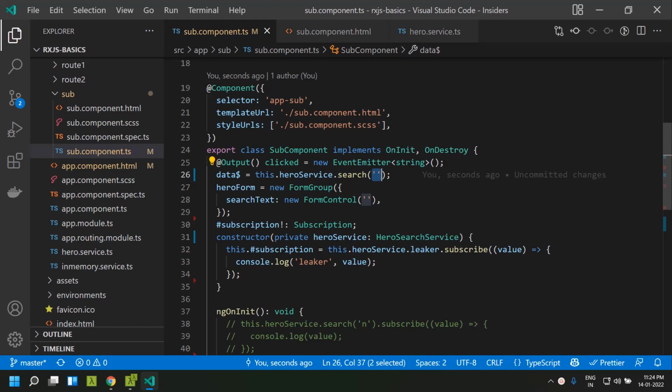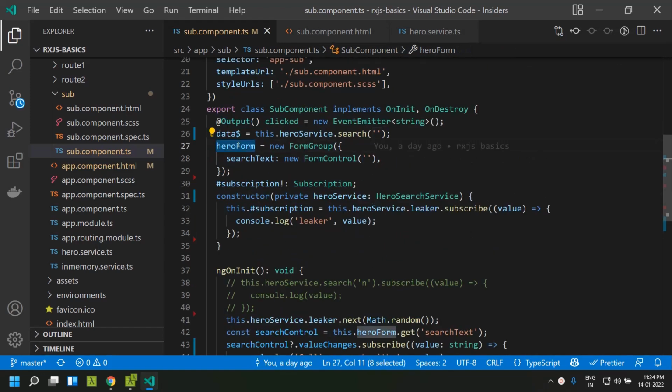Another Angular feature where we have scope for reactive programming is reactive forms. Here in my example, I have created a new form group, the hero form, which consists of a control called search text, which is a new form control, and I am assigning an initial value of empty.